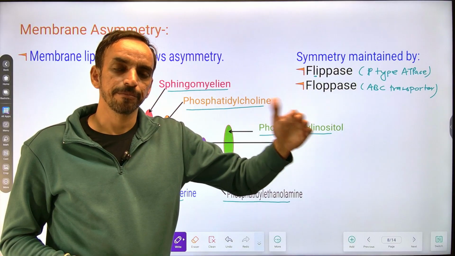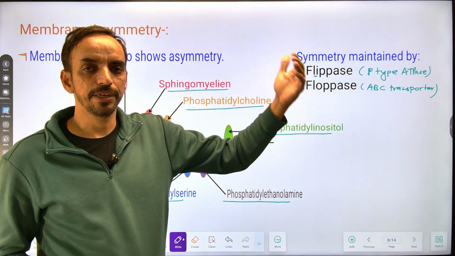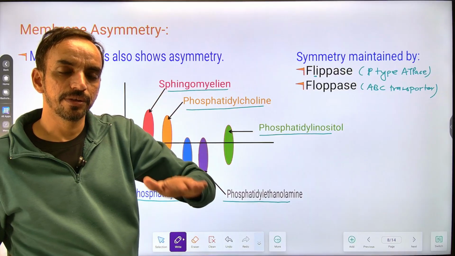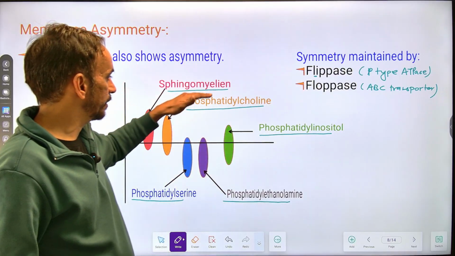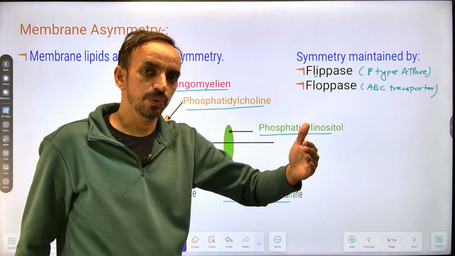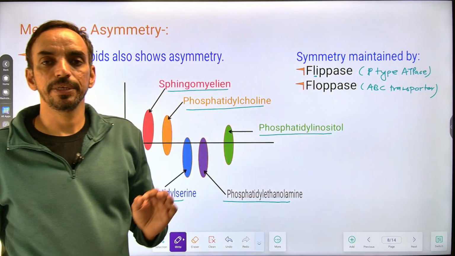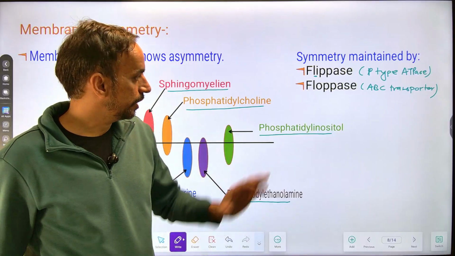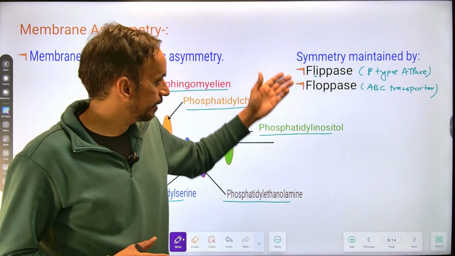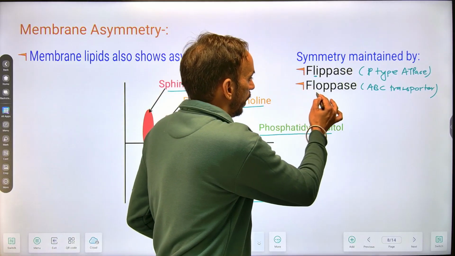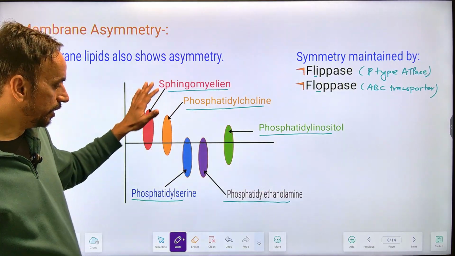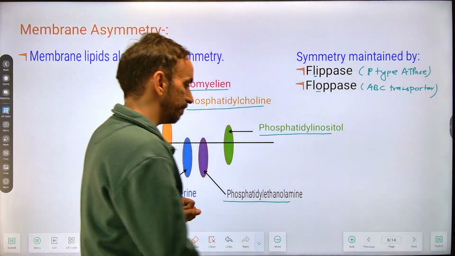मान लीजिए कि डिस्ट्रीब्यूशन है, उसके अंदर phosphatidylserine और ethanolamine आउटर फेस पे है, that will be transported to the inner face of plasma membrane by this flipase। और इसी तरीके से अगर स्फिंगोमाइलिन और कोलिन अंदर की साइड में डिस्ट्रीब्यूटेड हो गए तो उनको बाहर की साइड में ट्रांसपोर्ट करने का काम करेगा फ्लॉपेज, which is a ABC class of transporter. So the membrane asymmetry or symmetry it is maintained by the two transporter, that is flipase and floppase। O है आउटर फेस की तरफ भेजेगा, I है इनर फेस की तरफ ट्रांसपोर्ट करेगा। तो ये चीज अपने को याद रखनी है। नेक्स्ट अपन बात करते हैं